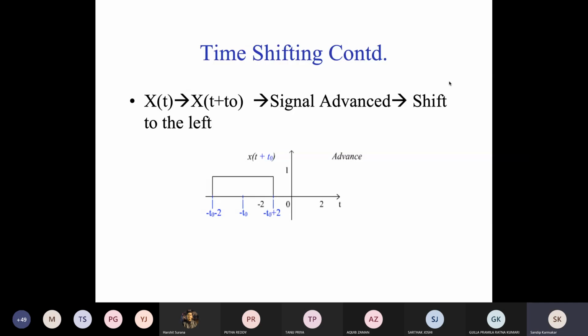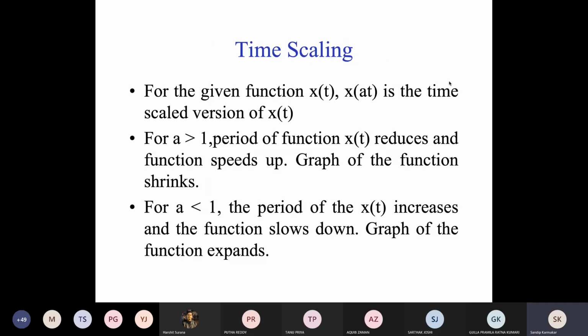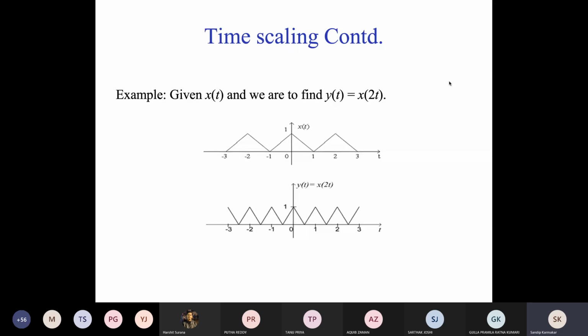Time scaling: what happens if we make x(t) as x(at)? For a greater than 1, the period of x(t) reduces and the function speeds up. Therefore, the function shrinks. For a less than 1, the period of x(t) increases and the function slows down. Therefore, the function expands. So let's say you have a triangular wave like this, given x(t),